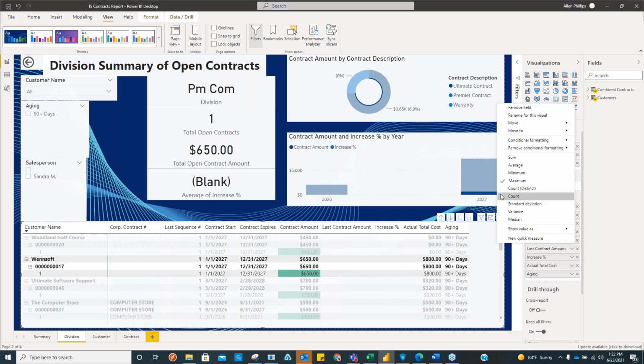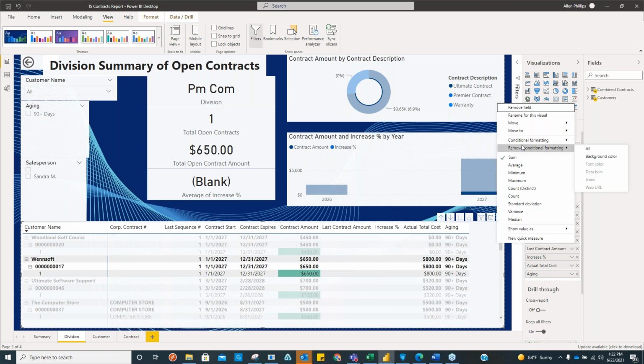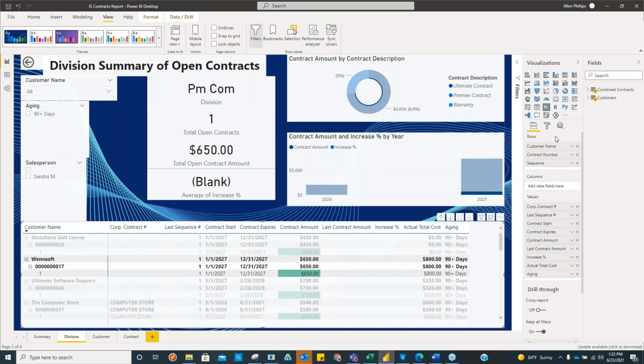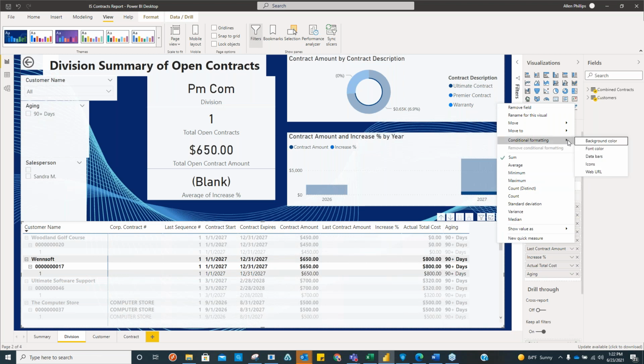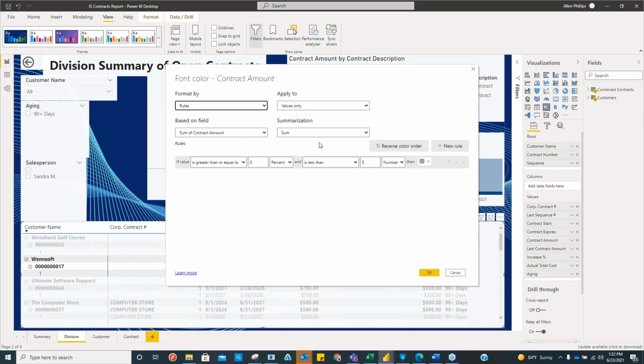Let's say that I want to do it where the sum, sorry, I want to remove the conditional formatting of all. I then want to come back and take the contract amount and do it based off of a font color. I really want a rule instead, so I could say if the sum of the contract is greater than or less than